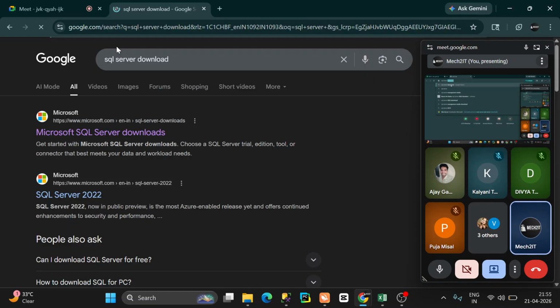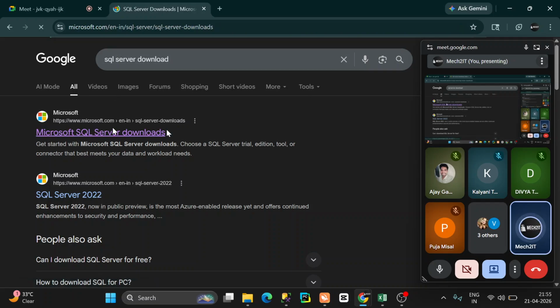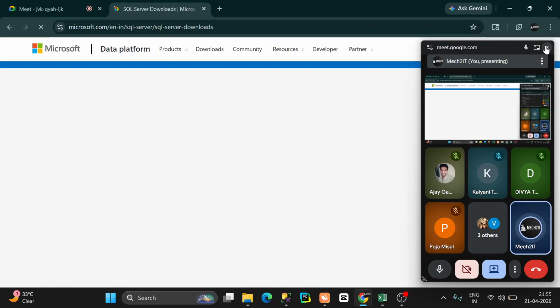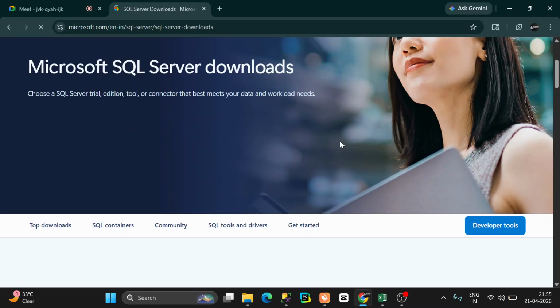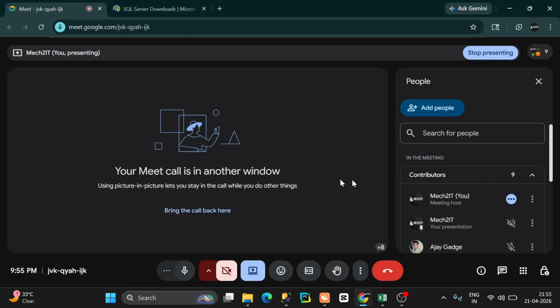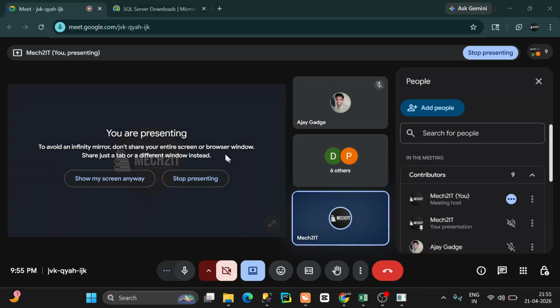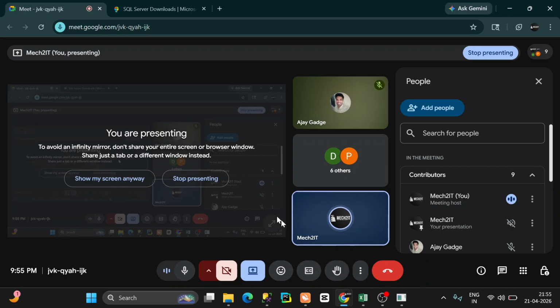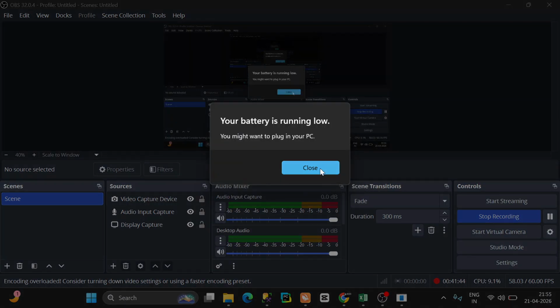Then go directly to the Microsoft website, head to the latest version, go to the downloads and find SQL Server. You will see it somewhere here. Then click download now and get it installed. That is very important, guys. For tomorrow, my battery is also running out, so get it installed for tomorrow. If anyone of you is not able to install